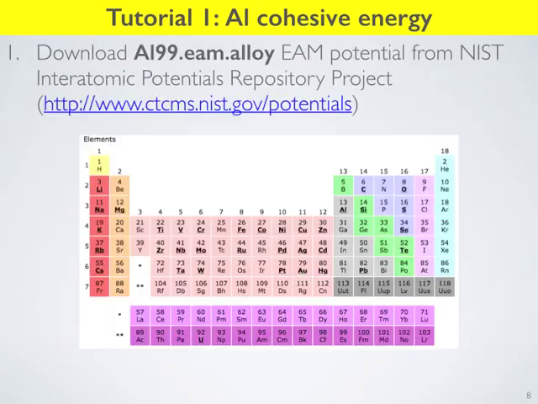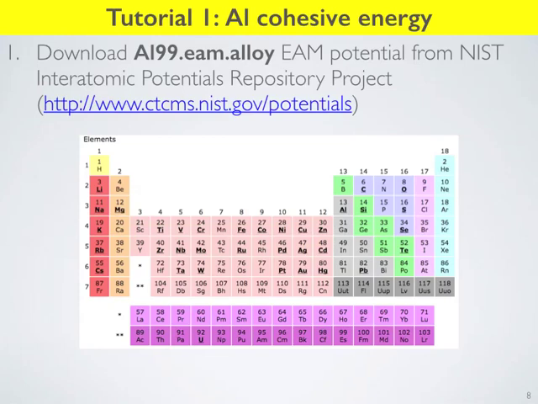Okay, so your first job is to get a potential. I provided you the link here, and if you navigate to this website, it's the NIST website where they store all the potentials. You'll see a very nice periodic table, and you can start clicking on elements, and the element we're interested in is obviously aluminum, and you'll see a big list of potentials. Then you can select particular potentials to download. They all, I think, are basically EAMs or MEAMs. There may be some other fancier ones in there. The one that you're interested in is